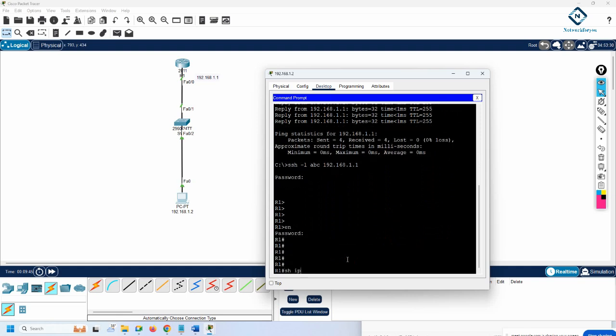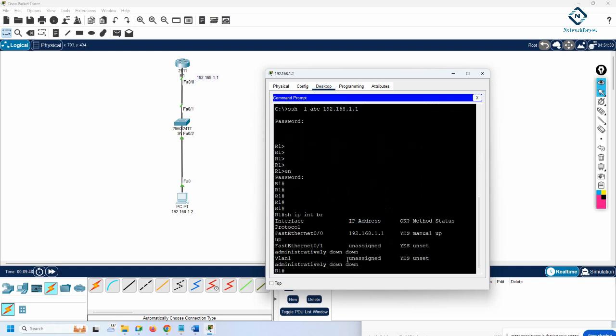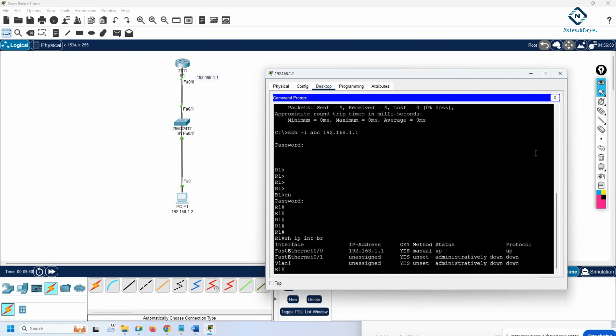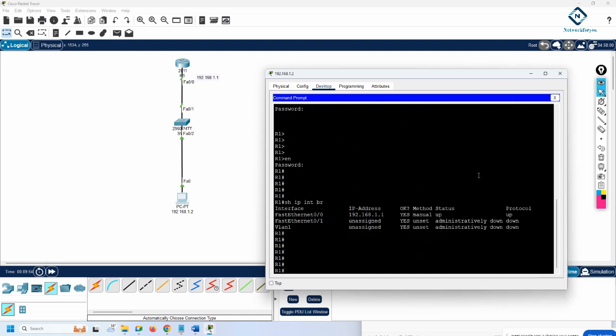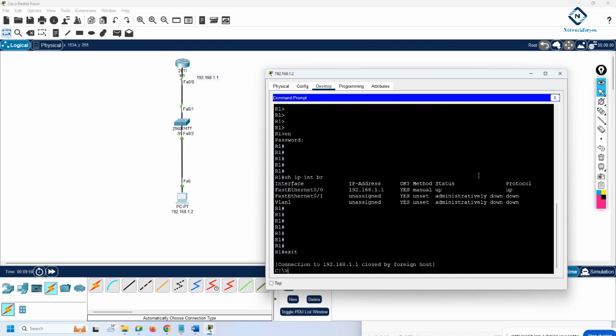So now show ip interface brief. I am inside the router R1. So with the help of SSH, I am inside the router. If I want to leave, I will write exit. So I will go outside. Now we are saying